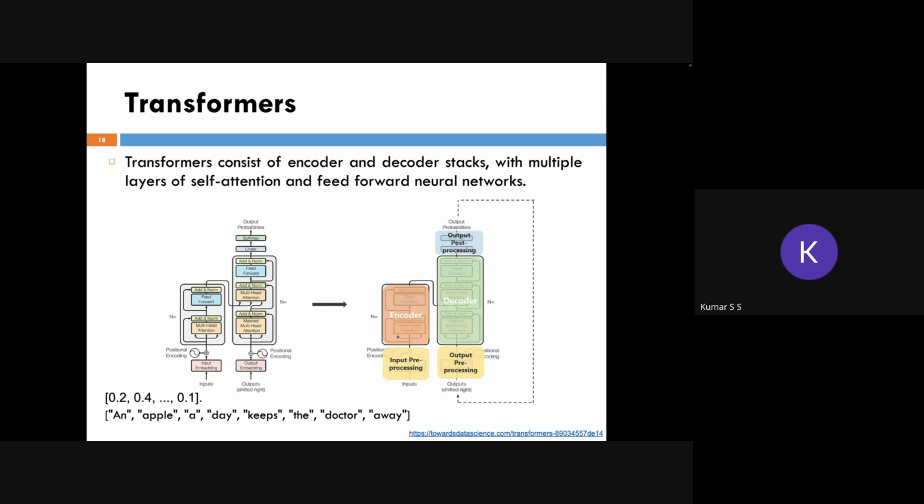It also needs to have the positional value, because Apple is present in the second position and doctor is present at the seventh position. Again, we give different positional encoding also. Now, this particular thing is given to the encoder, where this encoder has a novel mechanism present that is